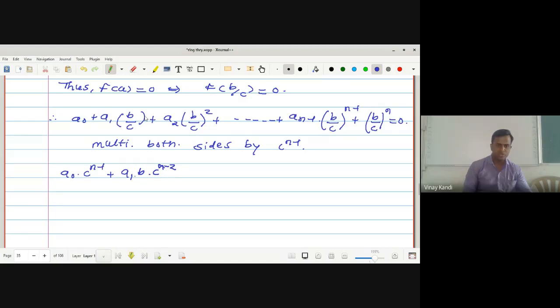Okay, c raised to n minus 1 upon c, here we get c raised to n minus 2, plus a2 into b into c raised to n minus 3 plus up to so on a n minus 1 into b raised to n minus 1 into c raised to n minus 1, and this c raised to n minus 1 gets cancelled, plus, which is equal to, take this towards the left side now, minus b raised to n